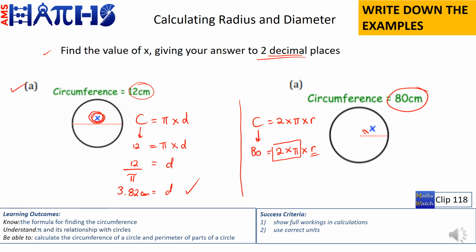So to get the radius, all we need to do is divide 80 by 2 times pi. Okay, and that will give us our radius. So what you will do is type that in your calculator, 80 divided by 2 pi, because 2 times pi is 2 pi. Okay, now when I put that into my calculator and round it to 2 decimal places,